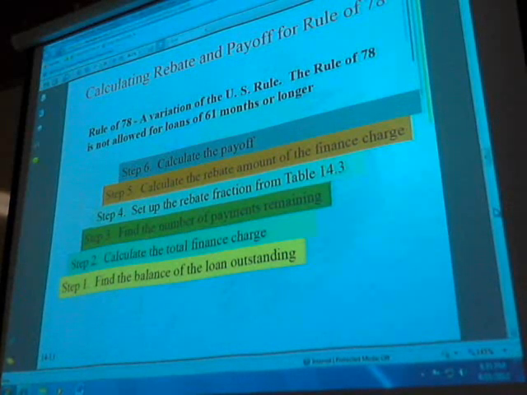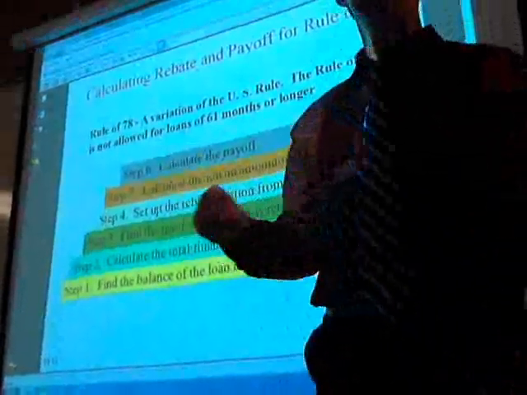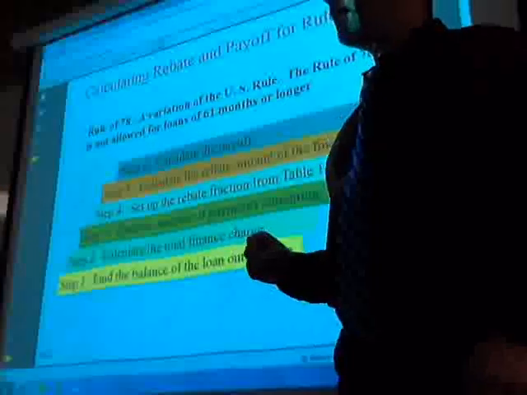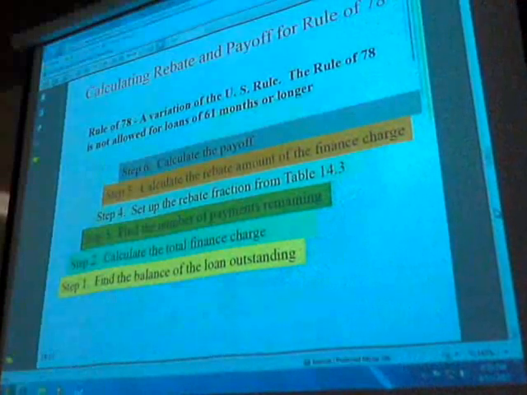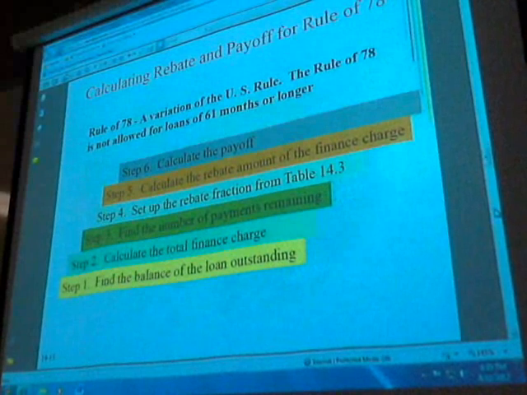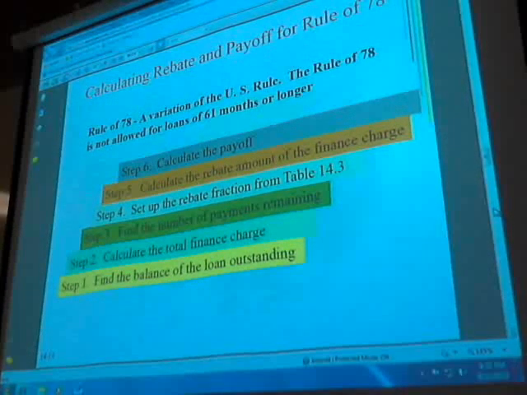These problems will have you find two things, and that is the rebate, the amount of interest you're saving by paying off a purchase early, and it'll ask you to provide the payoff. What is the payoff? The amount you're going to pay to pay it off at that time. Yes, like when you go to the bank that day and you're going to pay off your loan, and let's say you still owe on another 2 years, well, your payoff is whatever you're